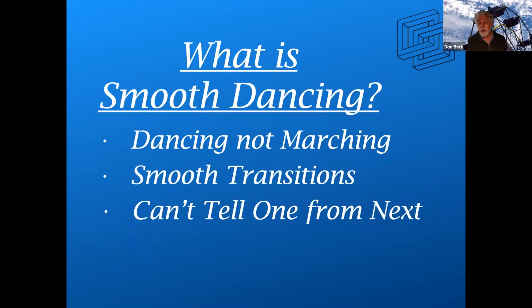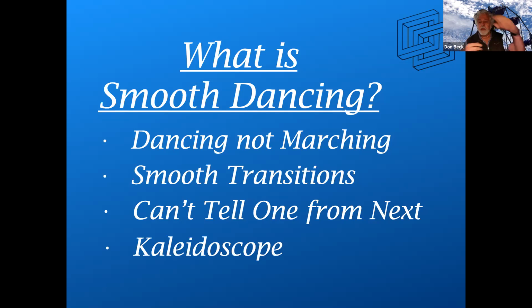The way I like to think about it is if you were a non-square dancer, or maybe just knew the basics of lesson one, and you were to watch somebody dancing mainstream or advanced or challenge, doesn't matter what level, you wouldn't be able to tell where one call starts and the next stops. It'd sort of be a total kaleidoscope of things. There's just constant movement, one call to the next, and if you don't know what the different calls are, there'd be no way you would guess this. Especially if you're looking at this with the sound turned off and just looking at the movement.